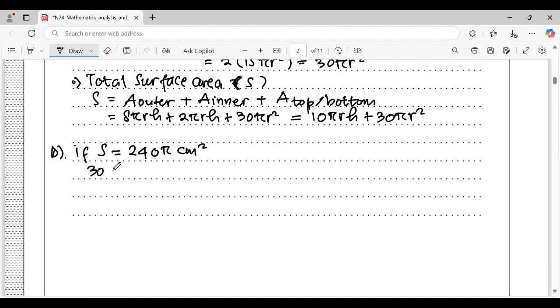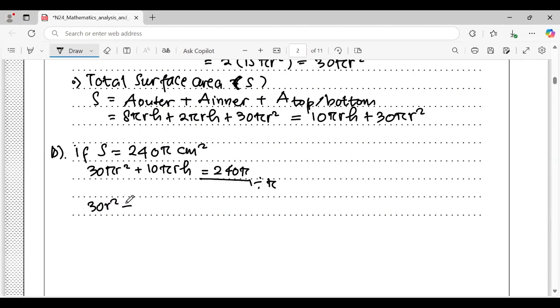It means 30 pi r squared plus 10 pi r h equal to 240 pi according to this information, and divided by pi, it's going to be 30